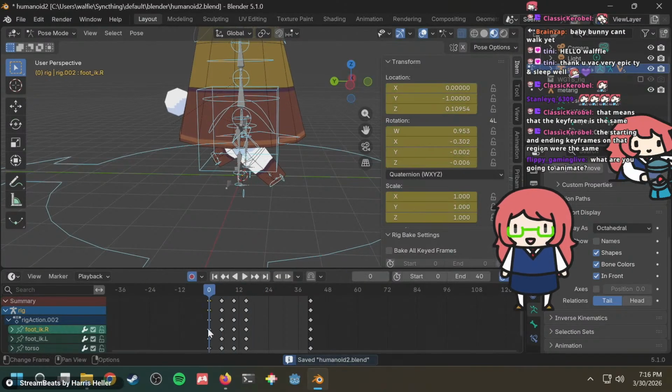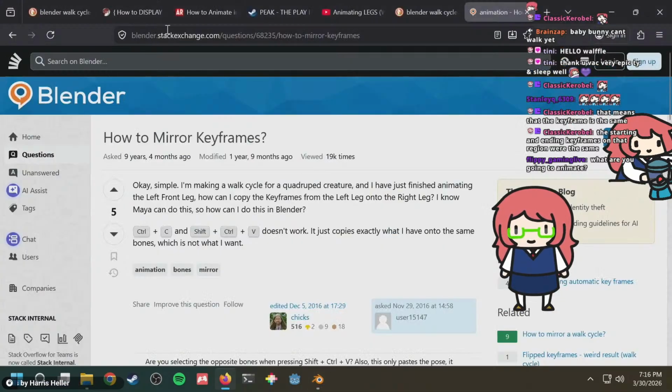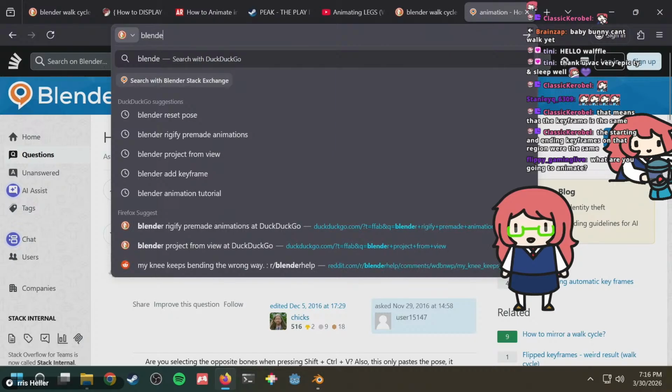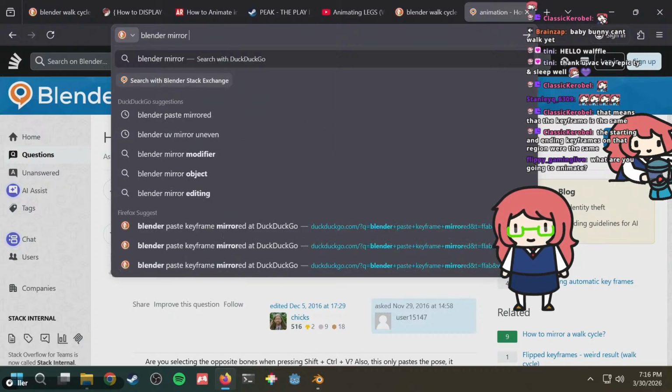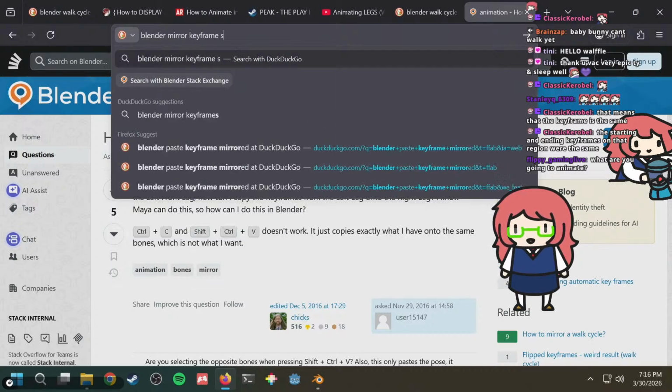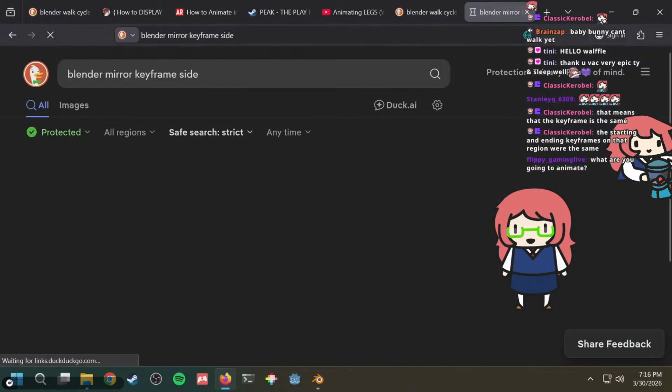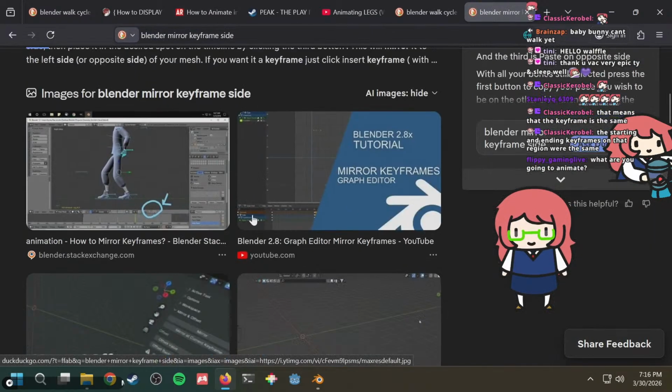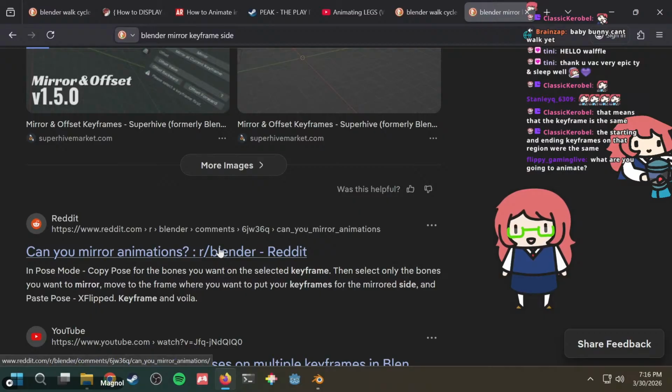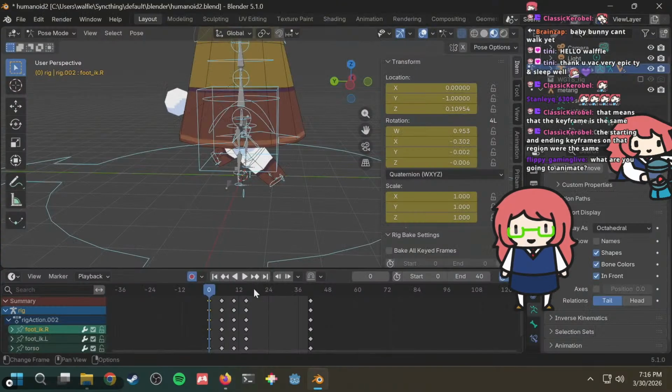If I copy this, I just want, okay, Blender, mirror, keyframe, side. Is that a thing? Copy pose, paste pose, X flipped.